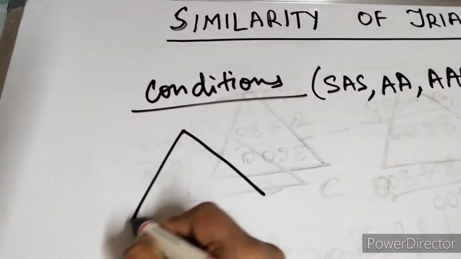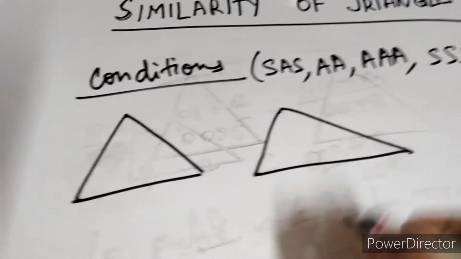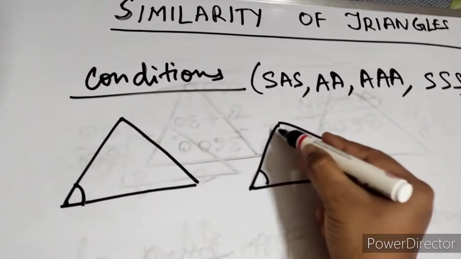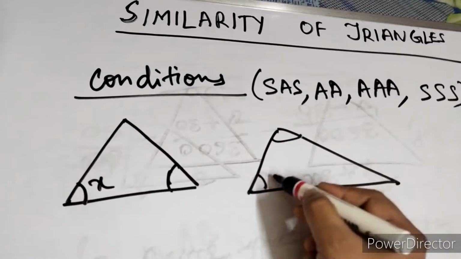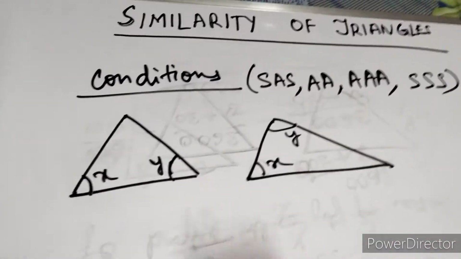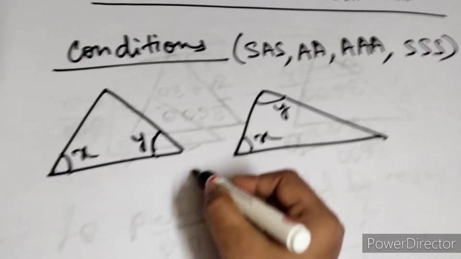If you draw two triangles, suppose this angle is equal to this angle and this angle is equal to this angle. Suppose this is x, this is y and this is y. So by angle property,